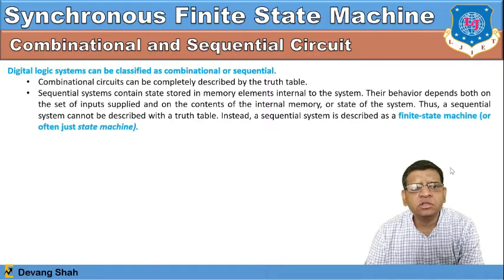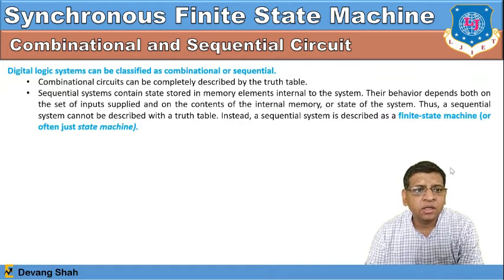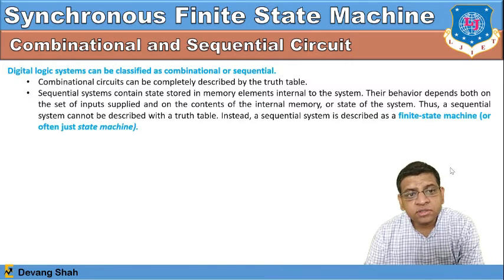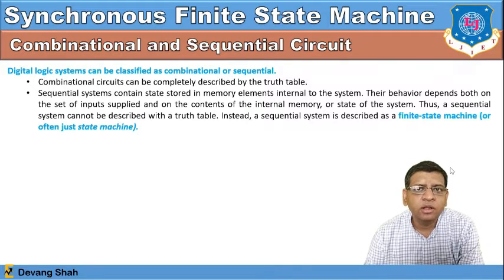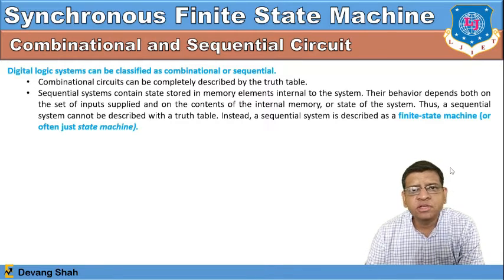Here the digital logic systems can be classified into combinational and sequential, as a combinational circuit can be completely described by the truth table, right? But a sequential circuit contains state stored in memory, because in a sequential circuit we use a feedback block where some portion of the output is connected back to the input circuit via feedback, and in the feedback we take a memory as a kind of flip-flop, right? So in this particular system,